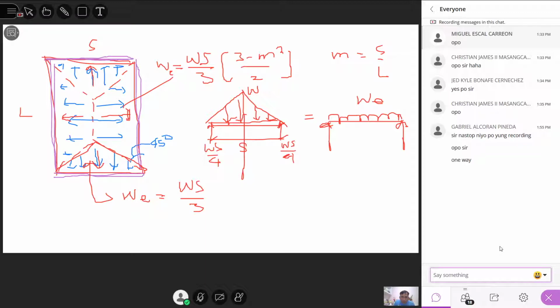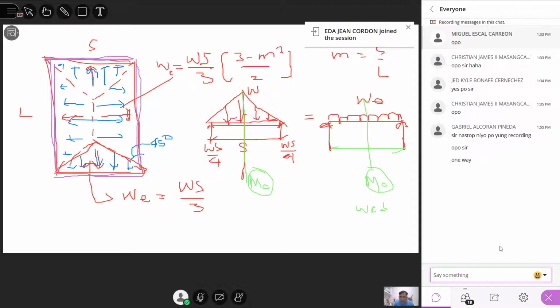The moment at the center. Yeah, the moment at the center here. Okay? Naintindihan yung class? The moment at the center here is simply equal to WE, the equivalent, times S